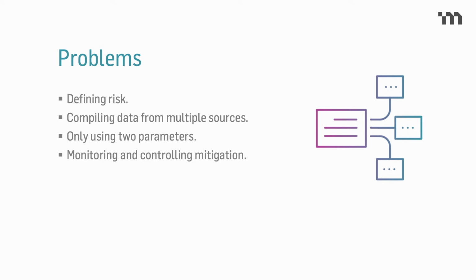You have to look at data from multiple sources. You have to think three-dimensionally. A lot of customers look at risk with two parameters. Usually it's frequency by impact or severity by occurrence, but they don't take into account what controls they have in place to detect those things, or what the maturity of their relationship with their supplier is, how risky that relationship is, or if they're working with a brand new company with a startup, that's going to be pretty risky. So having that third parameter in there is really critical.